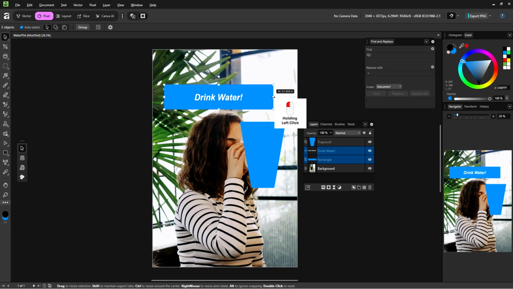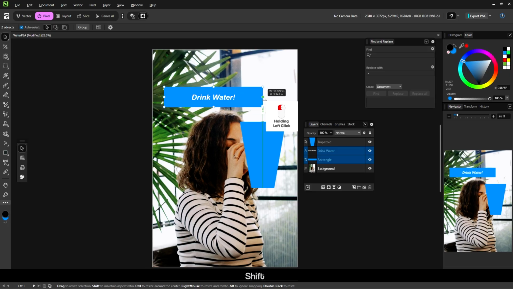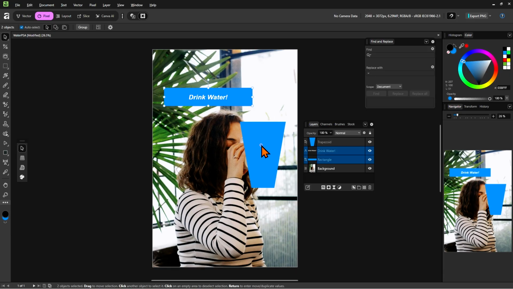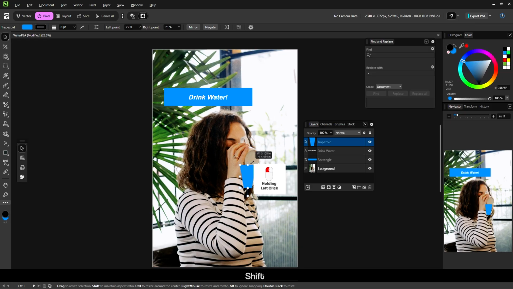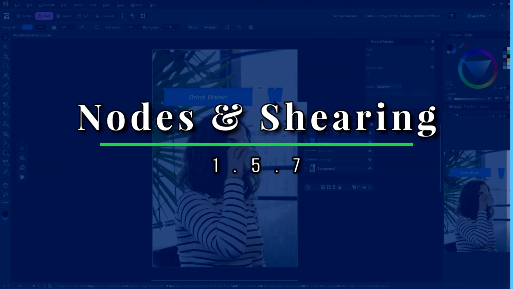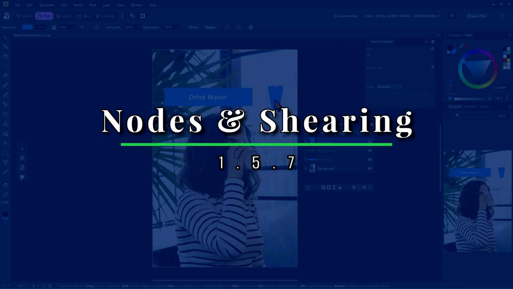If that happens, just go ahead and hold Shift, and it will constrain proportions again. Now we'll do the same for this trapezoid cup. I'll hold Shift to constrain the proportions since it was stretching, and drag it to the right of this rectangle.